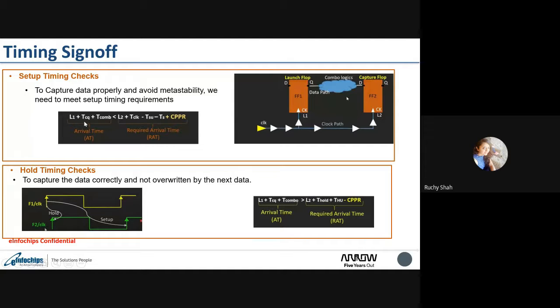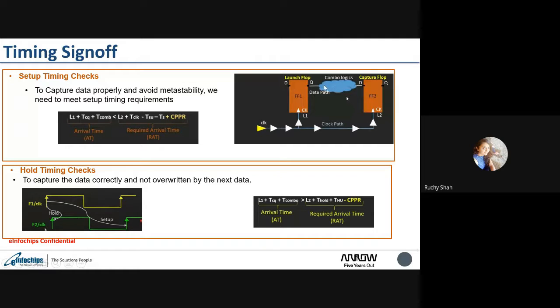And in a very crisp way, I would say the latency L1, the latency between this clock to the clock pin of the launch flop, that is latency L1, plus the arrival time of the data at this capture flop, that means L1 plus clock to Q delay of this launch flop plus the combinational delay of this one.